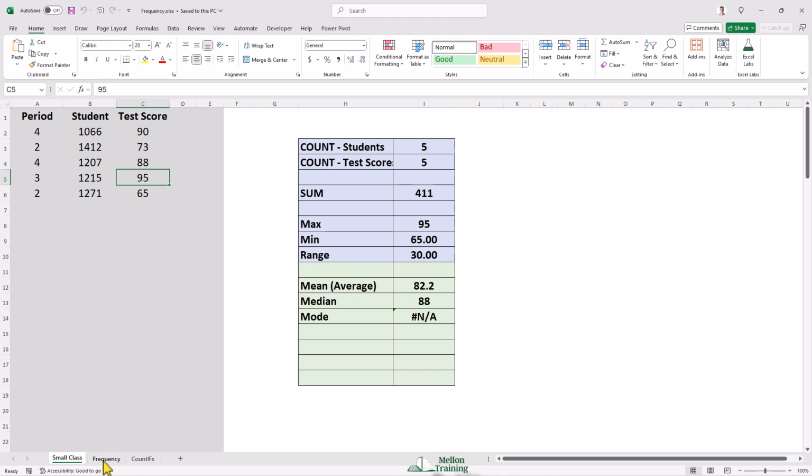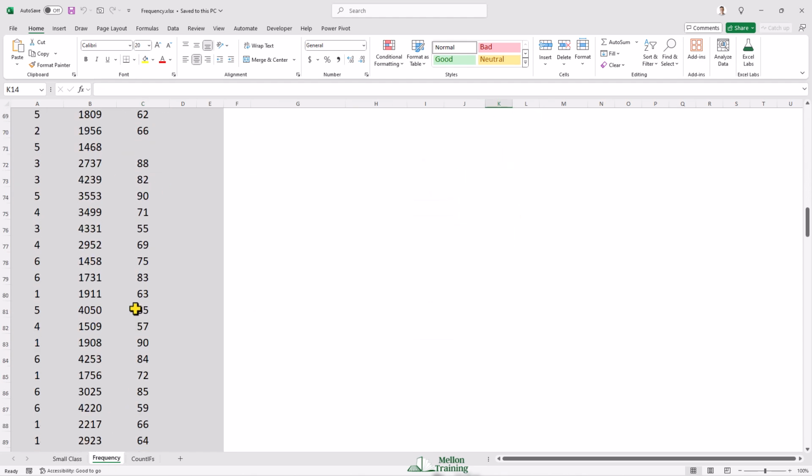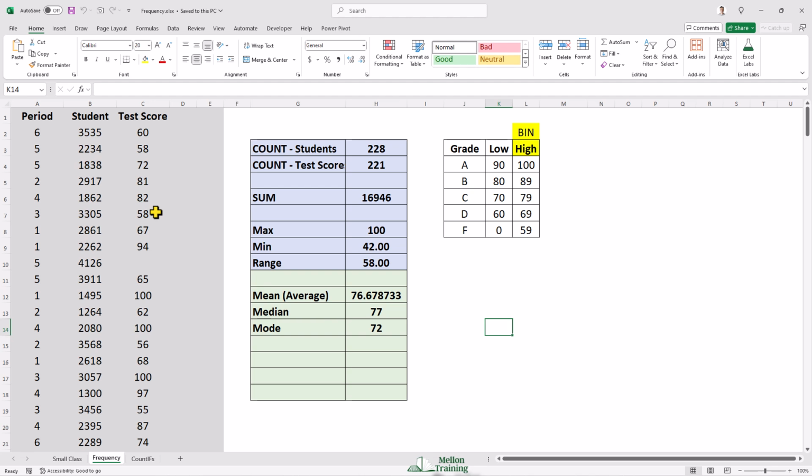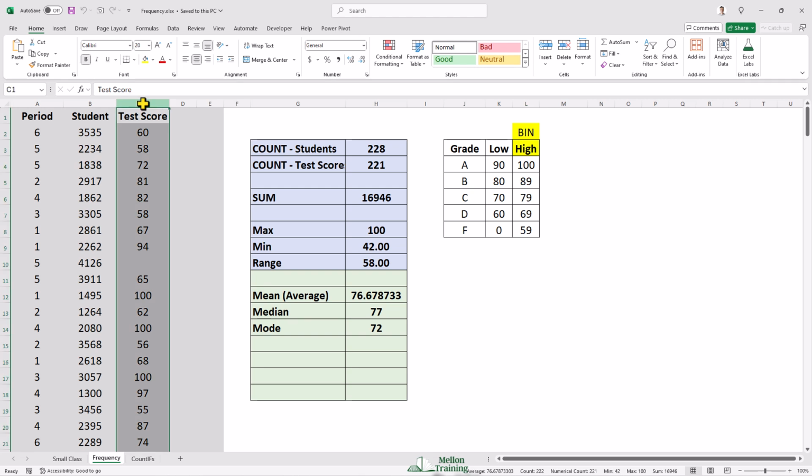Now, what you can see in the frequency sheet, what I've done right here, is I've started to build at least one piece of our frequency table. And the first thing I did was I said, well, an A for this class is going to be a score between 90 and up to 100. For a B, it's going to be a score between 80 and up to 90. And all of my numbers in the exam score column, they're all whole numbers, so we don't have any decimals here. And you'll notice that I've named the high end of each bucket or each grade,